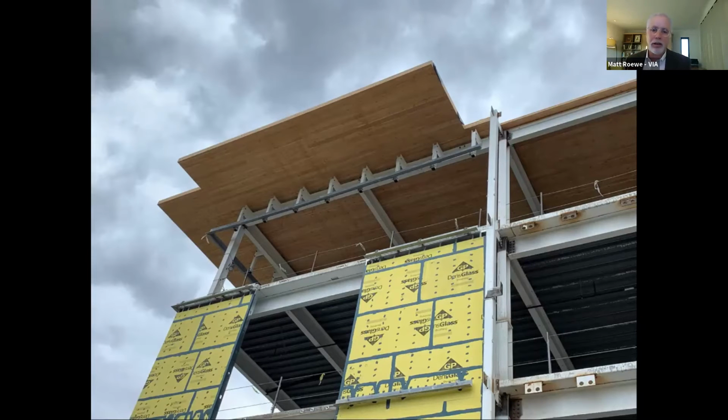So Carrie, was it hard to convince you to go for this? No, it really wasn't that hard. The way that we like to approach design is that when we have a vision in mind for the type of building we're looking for, we'll have objectives that we define. We gathered photos of other buildings that we really liked that seemed to showcase what we were looking for, and we shared those photos with VIA. It was VIA that came back to us and proposed cross-laminated timber for this building